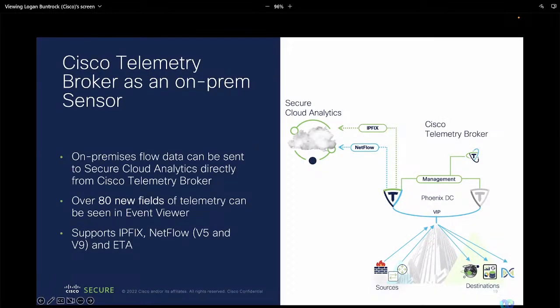A few more features that relate to detections that we wanted to call out. So I talked about expansion of telemetry as a key component of our detection strategy. And one of the things we were really trying to focus on is the on-premise environments. Historically, we've had the observable network appliance, or the ONA, that's collected our on-premise telemetry. This is great in that it's super simple, easy to deploy. But one of the challenges we've had is we can't get all the context easily up to the cloud environment